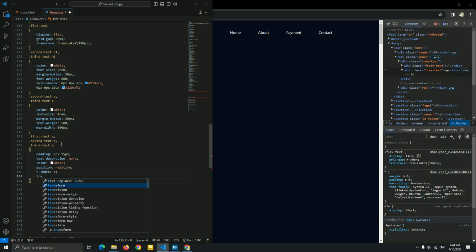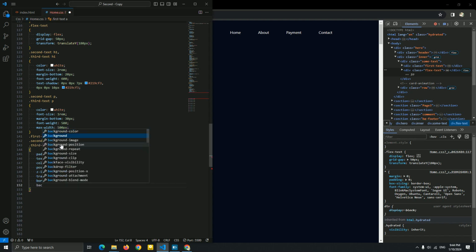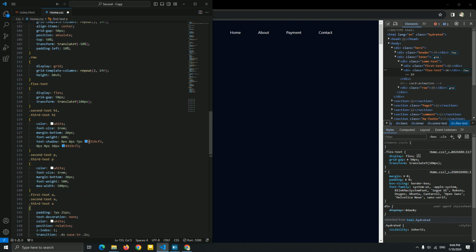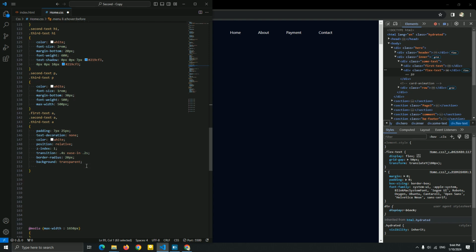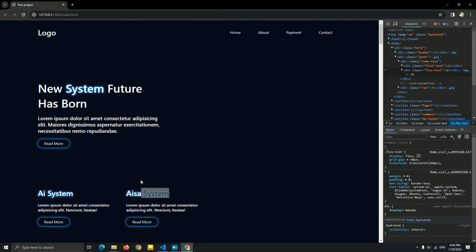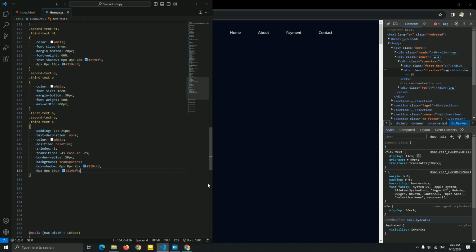Let me add a transition, okay, and yeah, border radius, let it be 20 pixel, simple border radius, background be transparent. Okay, now for this box shadow, just copy this, paste it for this box shadow. Yeah, this is good. Okay, now let's go create a before for this, guys.